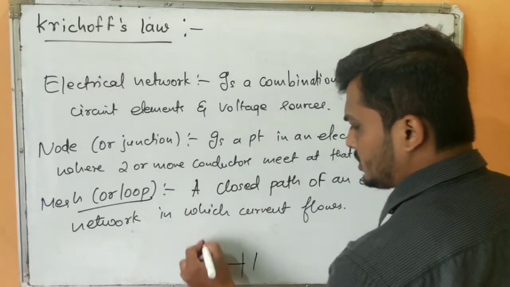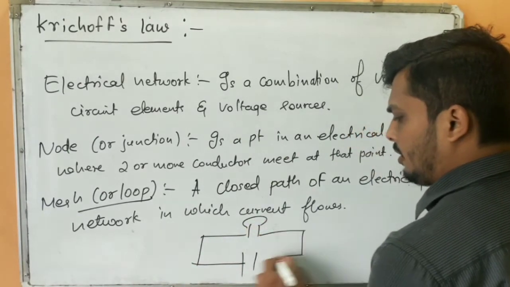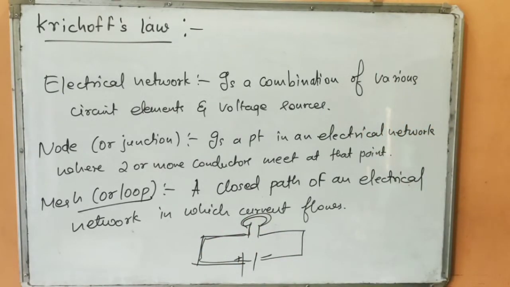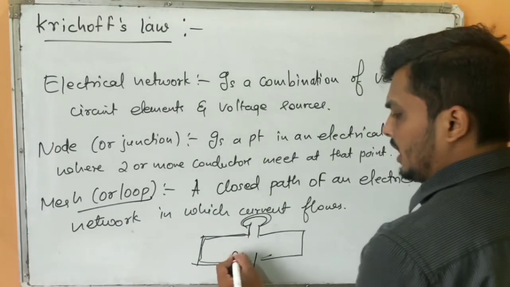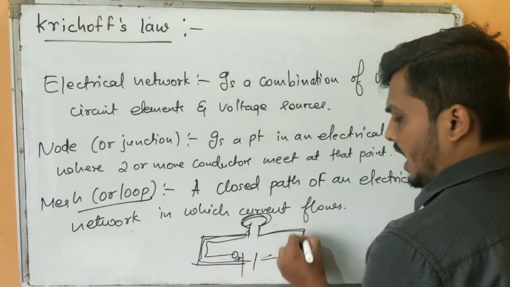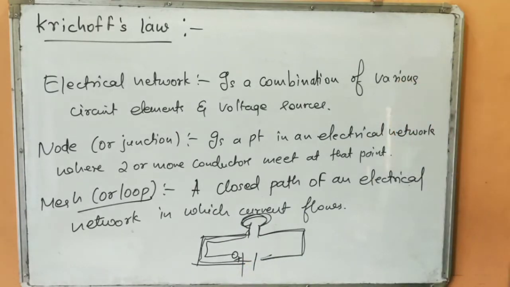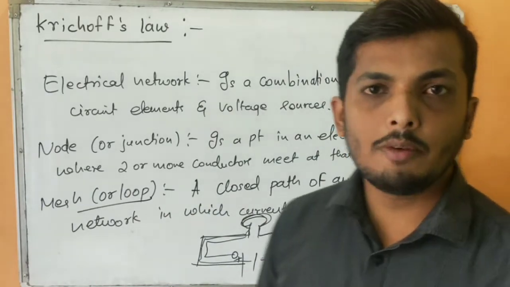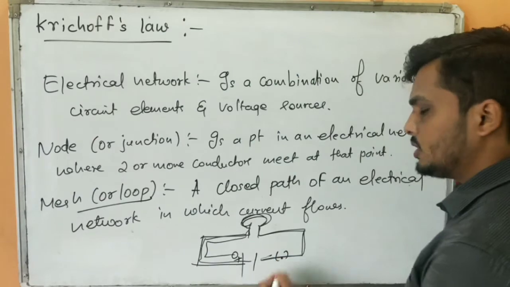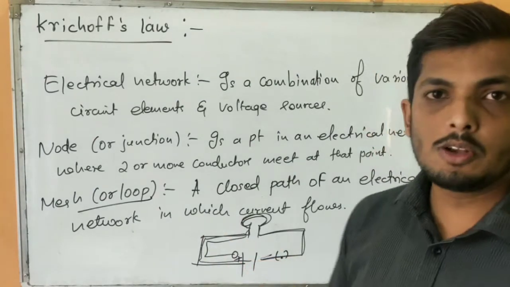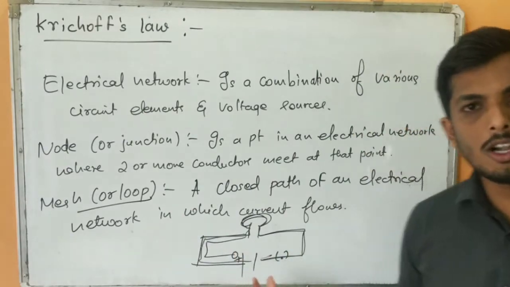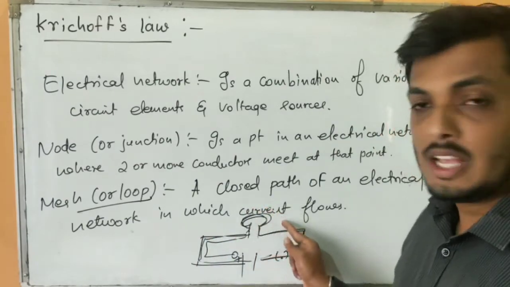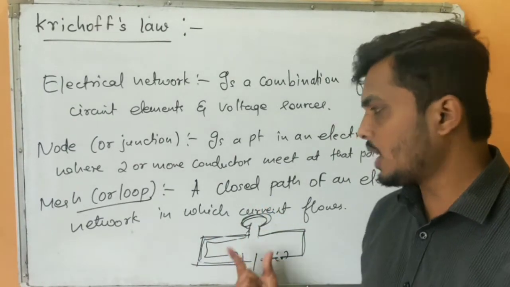For example, if I take just a battery and connect it with any kind of resistance, current will flow from this part to this part, that is from higher potential to lower potential, or positive to negative. Whenever an electron is moving, it is tracing one path, and that path will be a closed path. If the circuit is open, then I cannot call that path a closed path. If the circuit is closed, it means I am allowing the charges to move in one particular path. You know the direction of the current. It's a vector quantity. It flows from positive to negative direction. So when it moves, it traces one path in an electrical network. That path is known as a mesh or a loop.